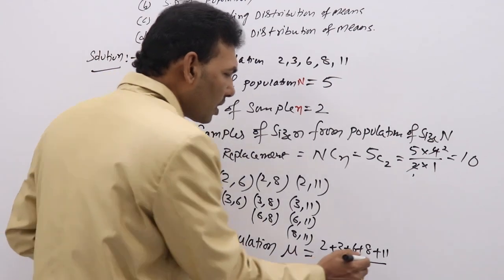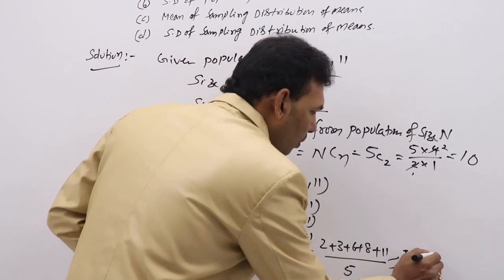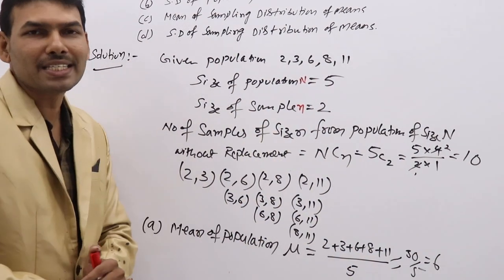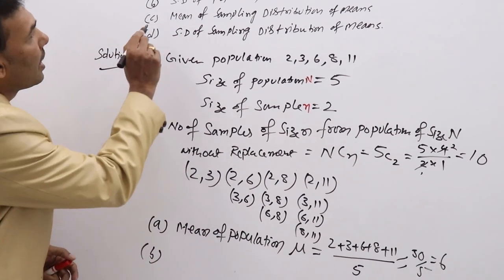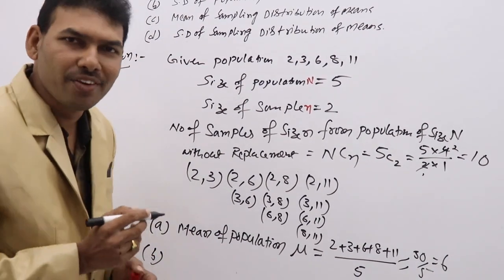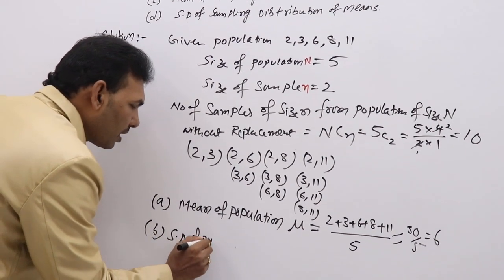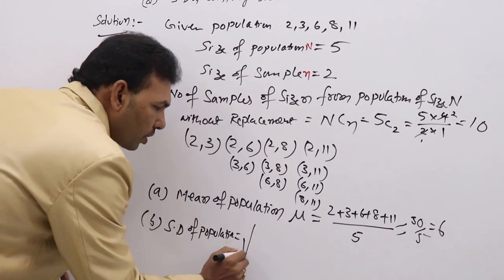So if you add these all and divide, you will get 30 by 5, so you will get 6. That is mu. Population mean is 6. Next, second bit: SD of population, standard deviation. SD of population has a formula: root of